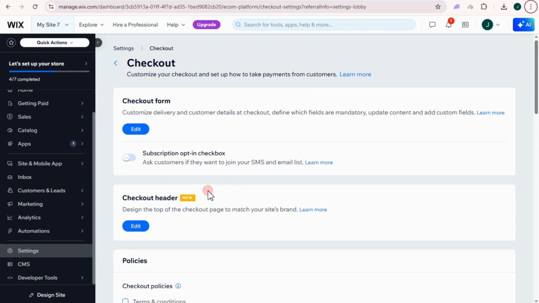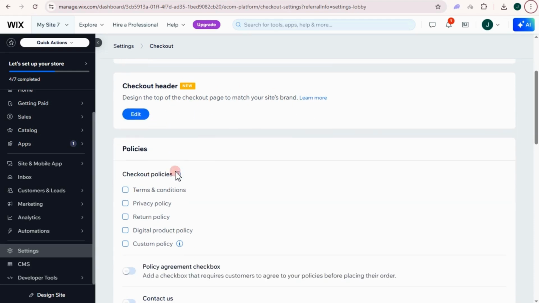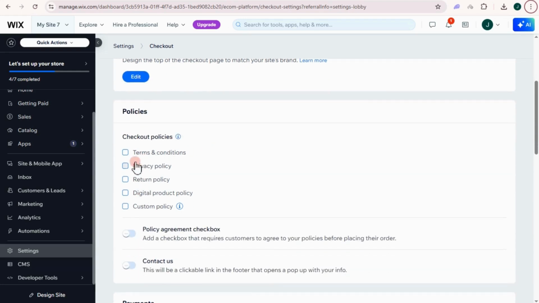You can turn this one on. For checkout header, you can edit this one. This is a new feature, so you can edit this. If you scroll down here, you can see policies. Okay, so checkout policies, if you want to toggle or turn on terms and conditions and add this to your